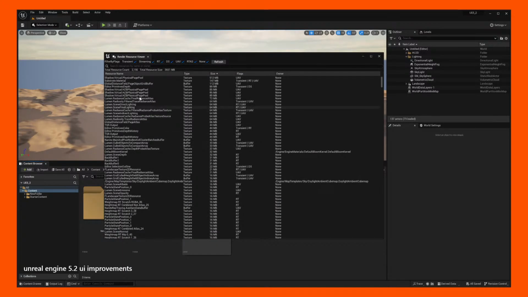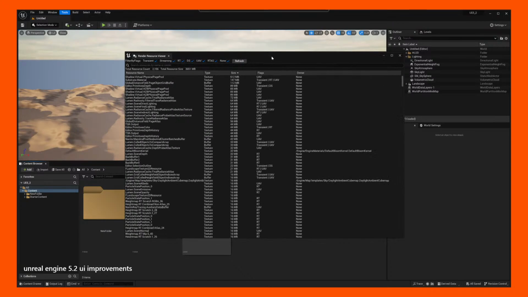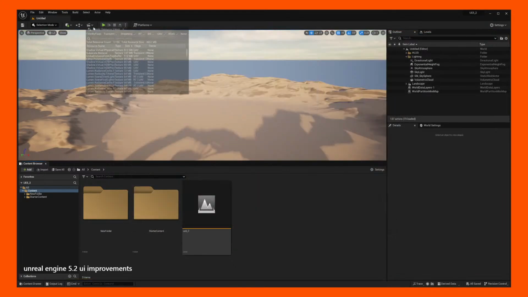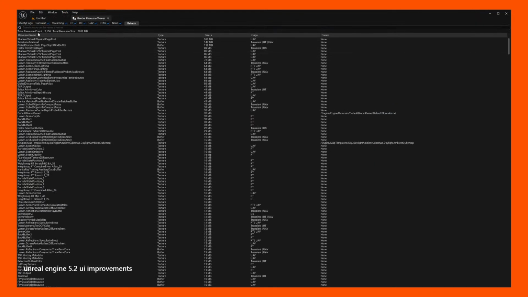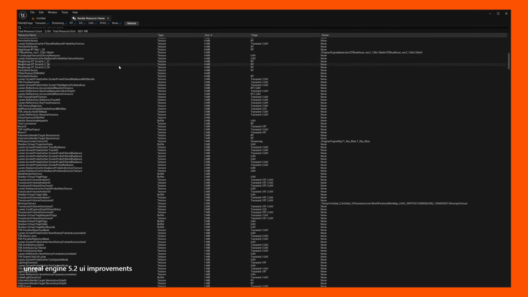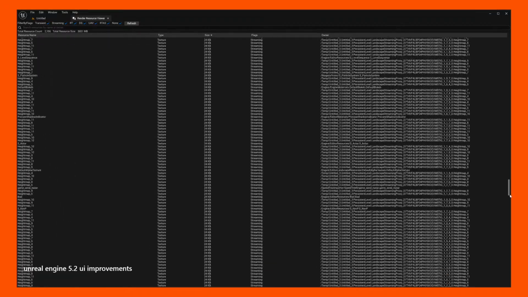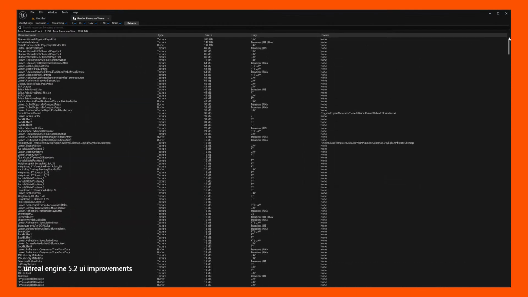It looks like it's using the same icon as the Nanite. But yeah, the resource viewer. Resource name. So it gives you the type, the size, the flag, the owner. So this may be total resource size, 3,600 megabytes. So I'm not sure if this is for the current